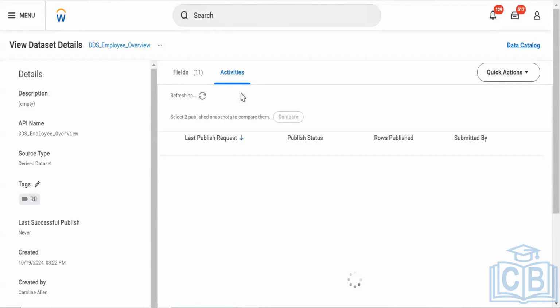Sometimes the time also increases if there are too many alternate processes going on. Let's say if too many datasets are getting published or too many processes are happening in the background from the Workday's end, it also hampers the publishing time.